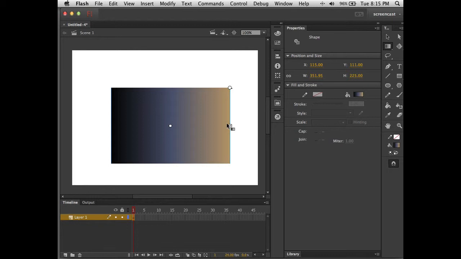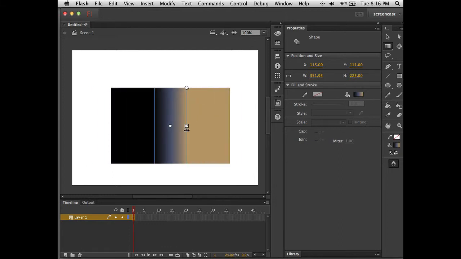I can also expand and contract the size of the gradient. So actually right now, the gradient is going from over here is where the black is, over here is where that pure brown is. So I'm not actually seeing all the gradient when I've got it set like this. When I come in close, I'm making the gradient occur over this short amount. Now here is where that flow control comes in, because what we have to do is tell Flash, well, what do